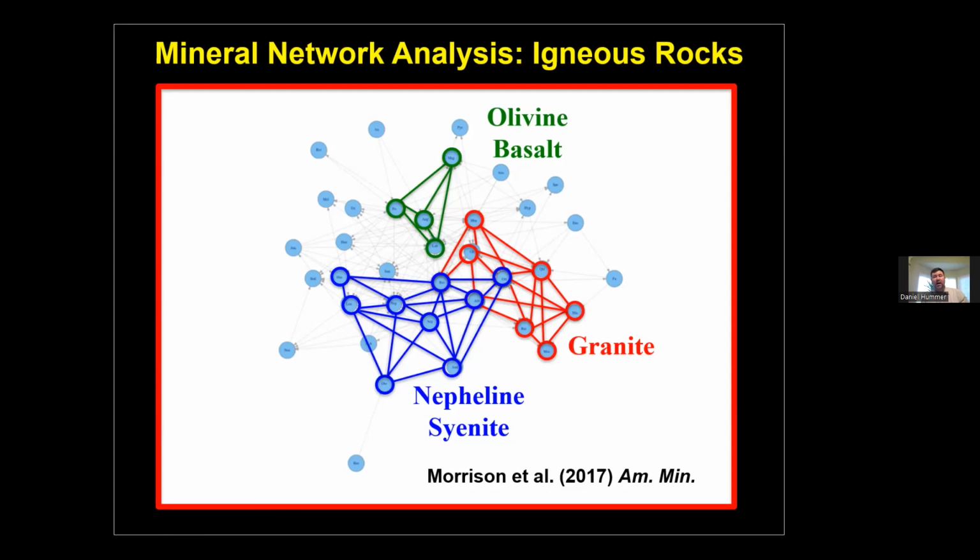And in fact, some of my collaborators have even used this technique to predict the locations of new minerals. When you see clusters of these minerals, it means there's a higher probability that if you find a few of the minerals, you're more likely to find another mineral at a particular location. So they actually did a statistical analysis looking for lithium deposits in the United States. Lithium is one of the new critical metals that we need. And they predicted the locations of lithium mineral species that might be economically important.